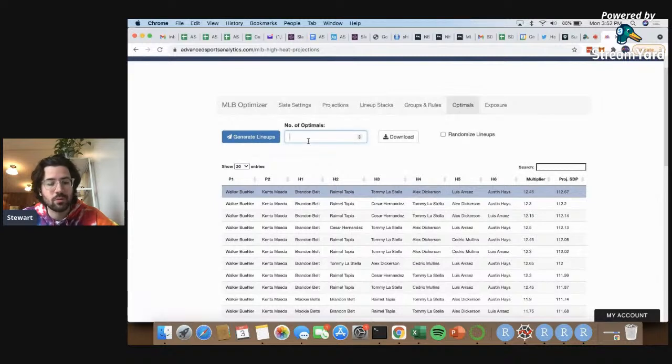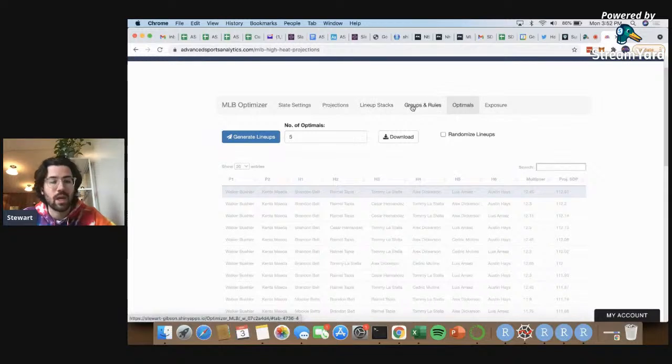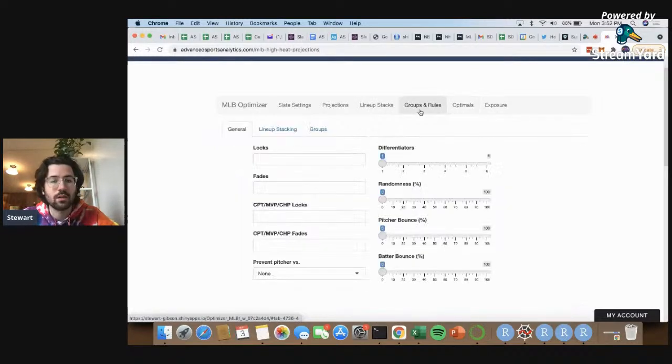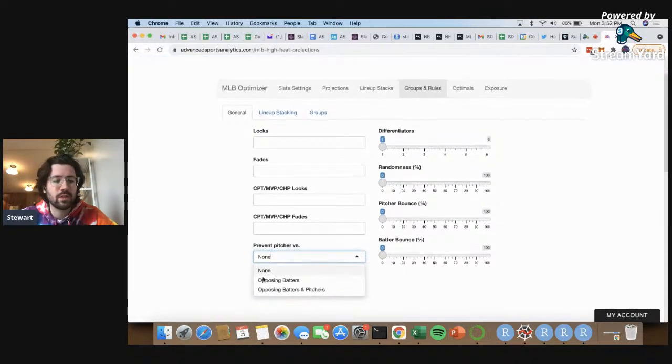I'm going to set the number of optimals to 5 just to keep the runtime down. I can go over some runtime caveats when we get there. So one rule that I am almost always using for tournament purposes, unless the slate is particularly small, is preventing pitchers from being rostered in the same lineup with other players who would figure to negatively correlate with those pitchers. The default settings are to allow all players to be rostered with all other players. This is fine for cash, but for tournaments, I really never want to roster a pitcher against